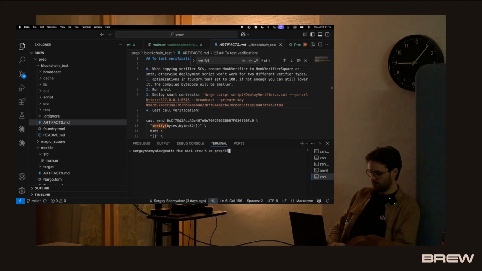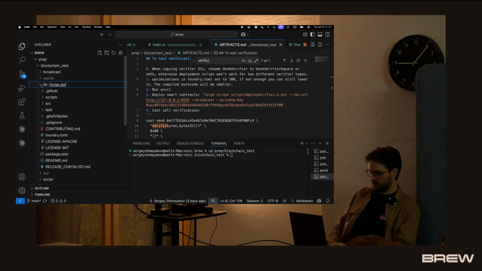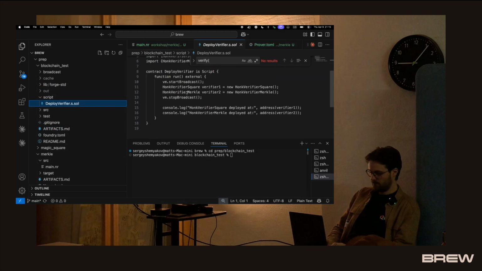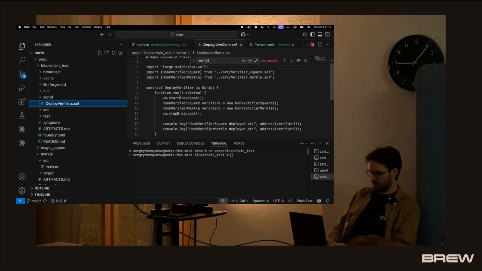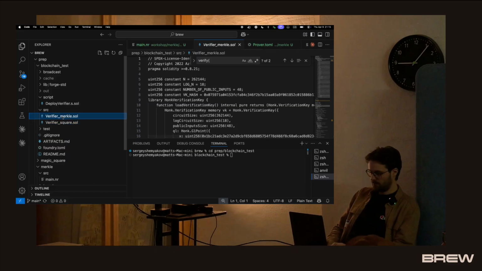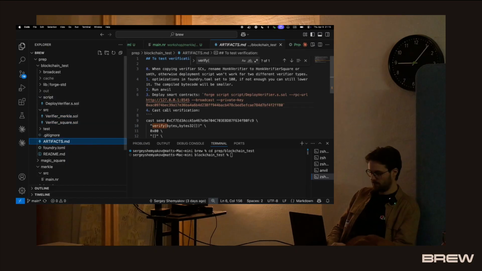And so what I want to do is deploy the smart contract. I have written a script to do this. So basically it creates the verifiers. Here I put the smart contract, and to do the deployment,